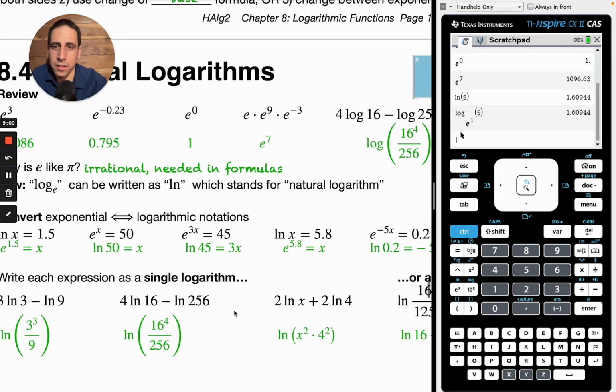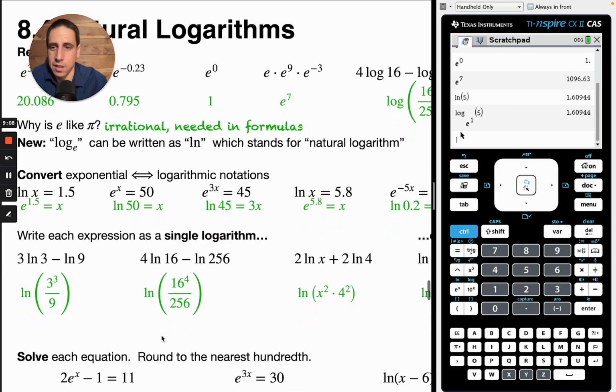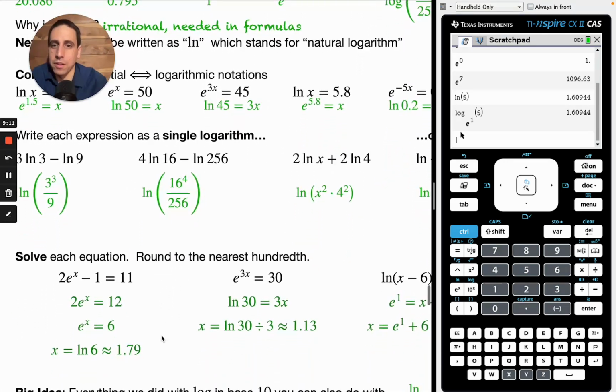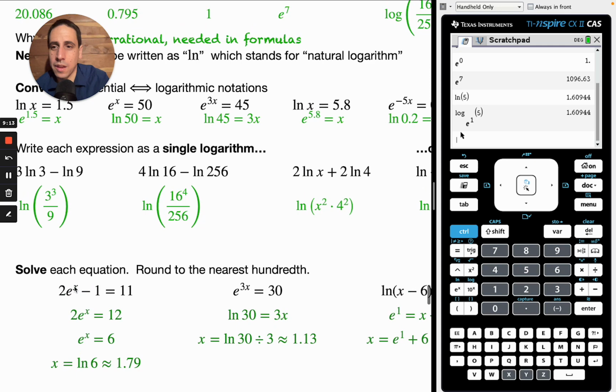We've done all of these things before. We've only just done them in log base 10 or other log bases, but now we're doing them in base e. Solve each equation and round to the nearest hundredth. So here we're going to solve for x, and the technique we're going to use eventually is change an exponential